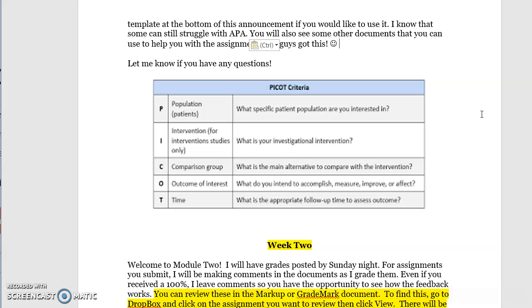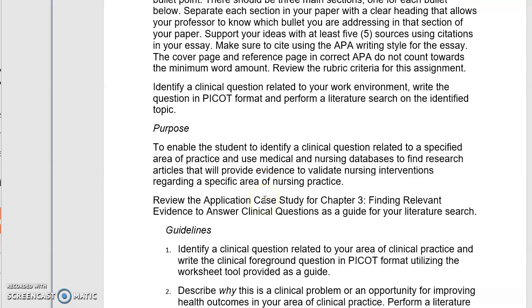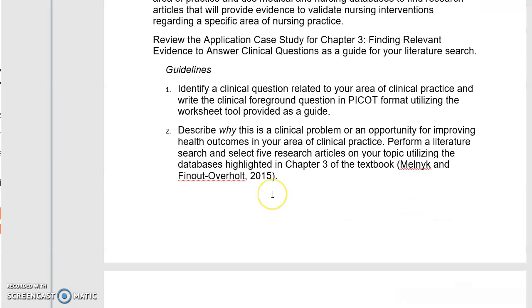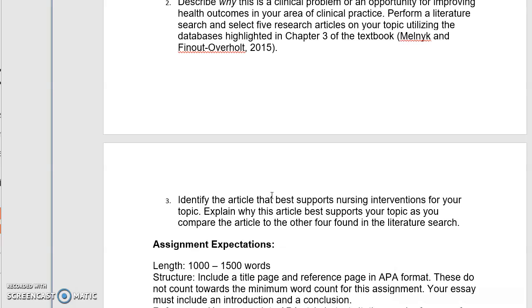And eventually in the rest of the assignment, you're going to either look at the clinical problem associated with it or a way to improve on this situation in your area. Finally, you're going to want to look at 5 different research articles utilizing your databases, and I would highly encourage you to stick with Aspen Library just because all of those articles are going to be free. If you go to maybe a search engine like Google Scholar, you may end up having to pay for those, and I would not recommend having to pay for any of your articles.